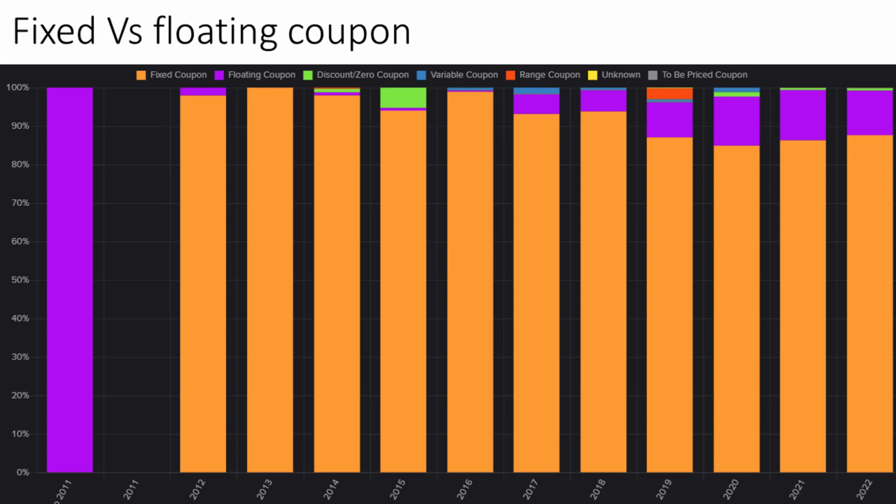Floating versus fixed interest rate. So it's fitting to the happenings from the last decade, so we can see that everybody is focusing on fixed coupons, because if interest rates are really low, then you would like to fix this for your bond, because as a debtor it's much easier to say, okay, let's tap the low interest environment. Obviously for an investor this is a terrible thing, because in this case if interest rates are increasing, then bond prices will fall immediately and then you can lose a lot of money.